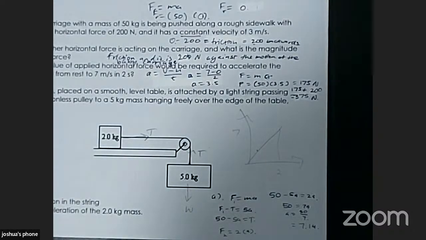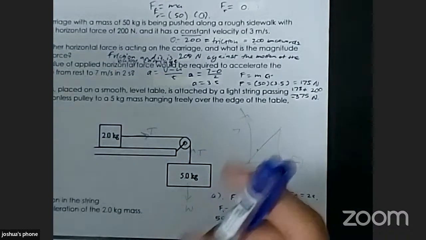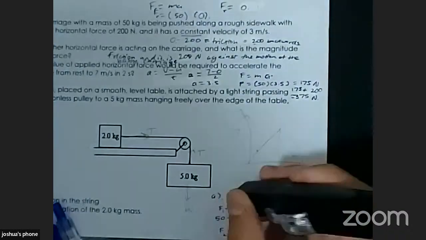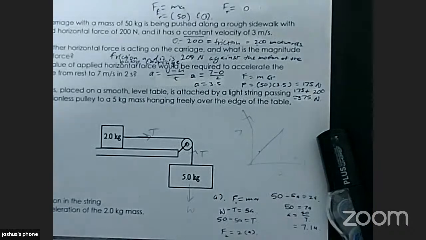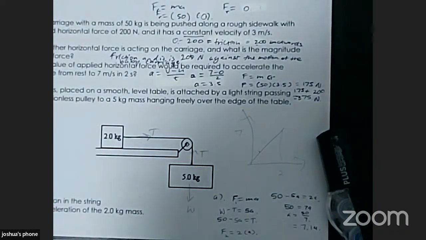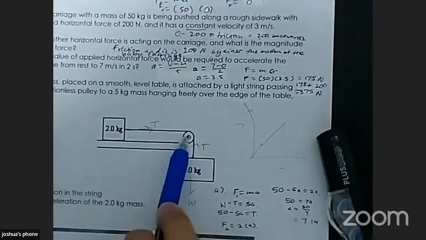50 minus 5a. I don't know about your F1. I mean, you can just find your F1 is correct, let's say, but I think you should write down W minus T, not F1 minus T. I feel that's a very suspicious presentation. So I don't mind the F1, but W, please. Now, same thing with F2. F2 should be represented by the real forces. So you haven't done that. The way that F1 is W minus T, F2